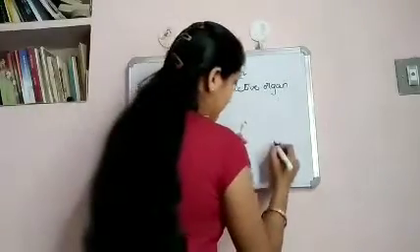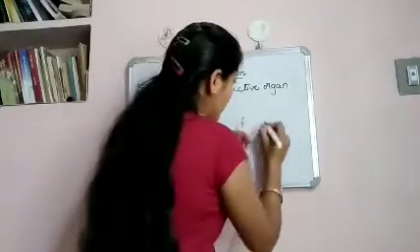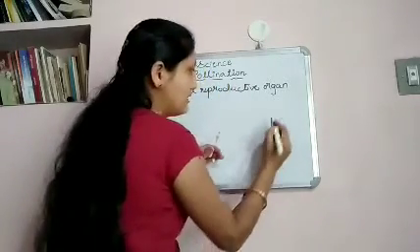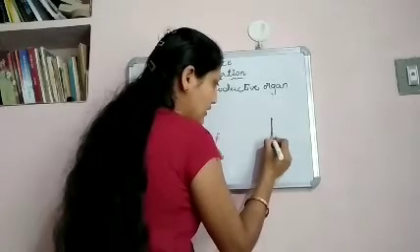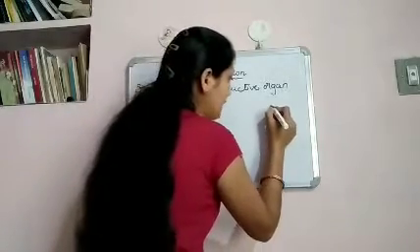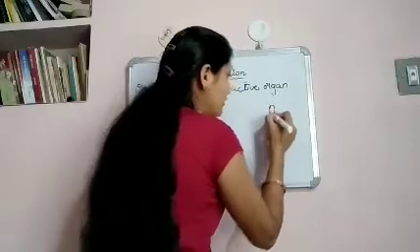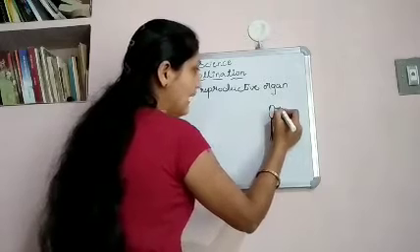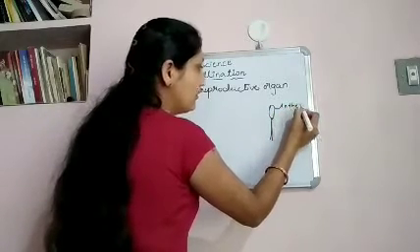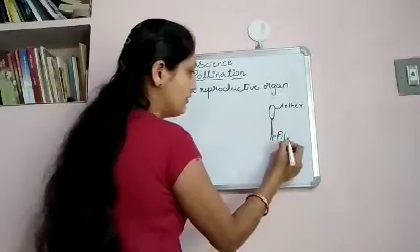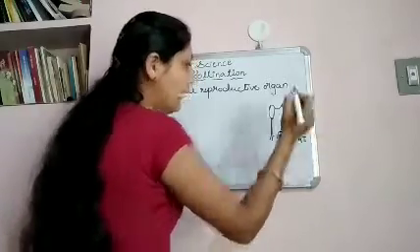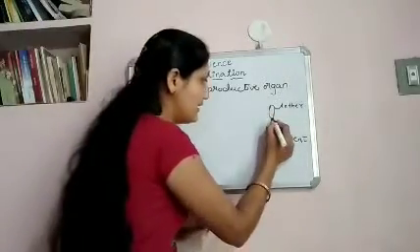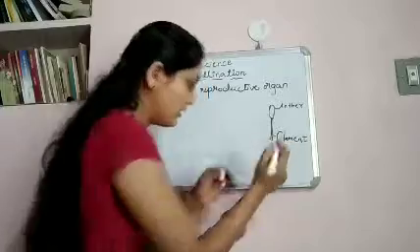It is like this. When you see this in a closer section, you can see that there is a small thin tube-like structure. This is called the filament, and at the tip there is a swollen portion that is called the anther. This is the anther and this is the filament. The tube-like structure is the filament, and at the tip there is a swollen structure called the anther. That is what you can see here, the yellow colored one.